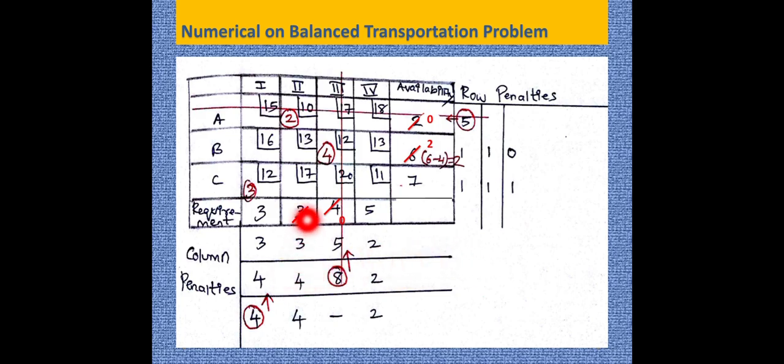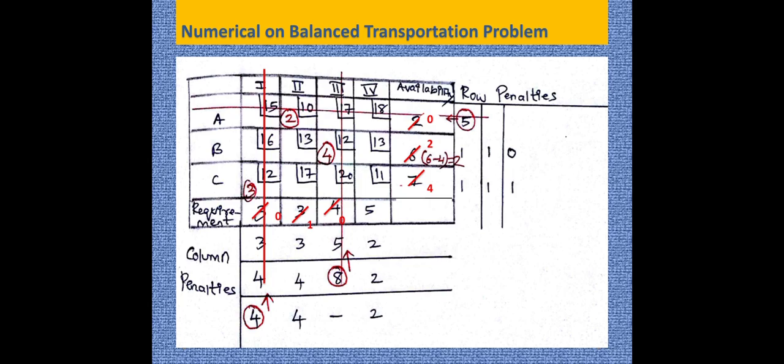So if you compare the least cost, 12 will be minimum. So we allocate at this particular cell. So comparing 3 and 7, 3 is least here. So that has been allocated here. Later it has to be reduced from the availability and requirement. So 7 minus 3 is equal to 4, 3 minus 3 is equal to 0. So now since it has become 0, this particular column has to be eliminated, that is struck off.